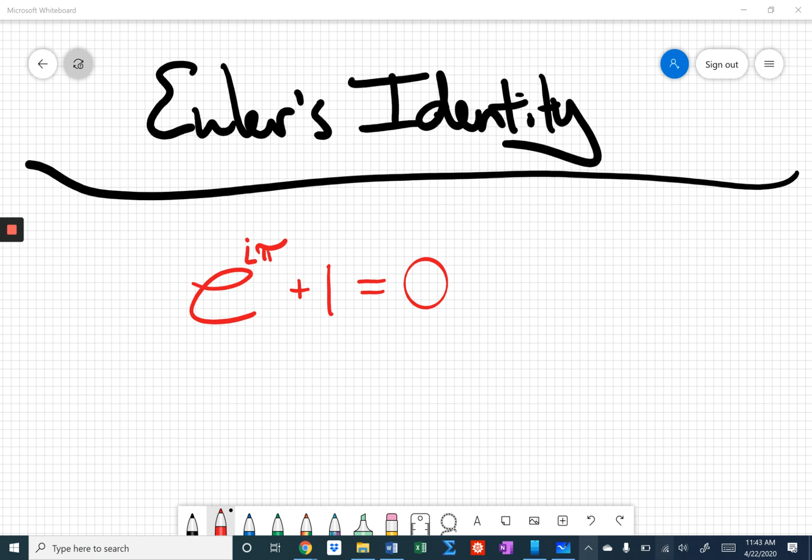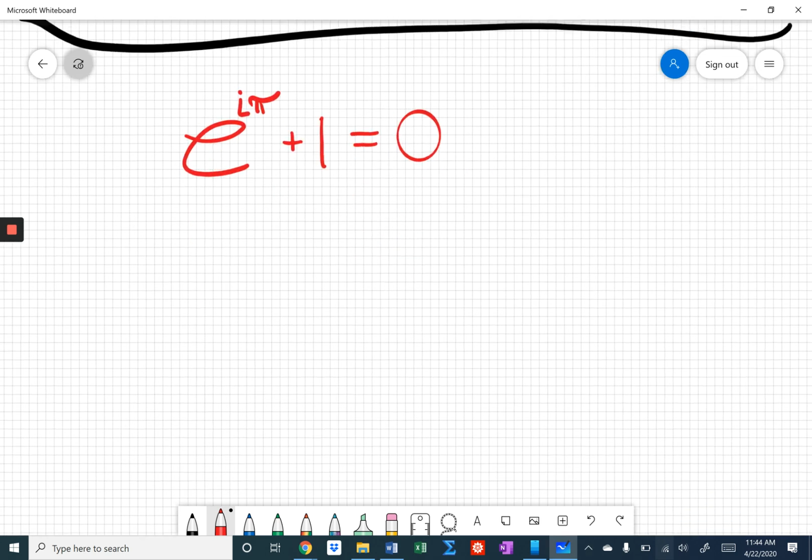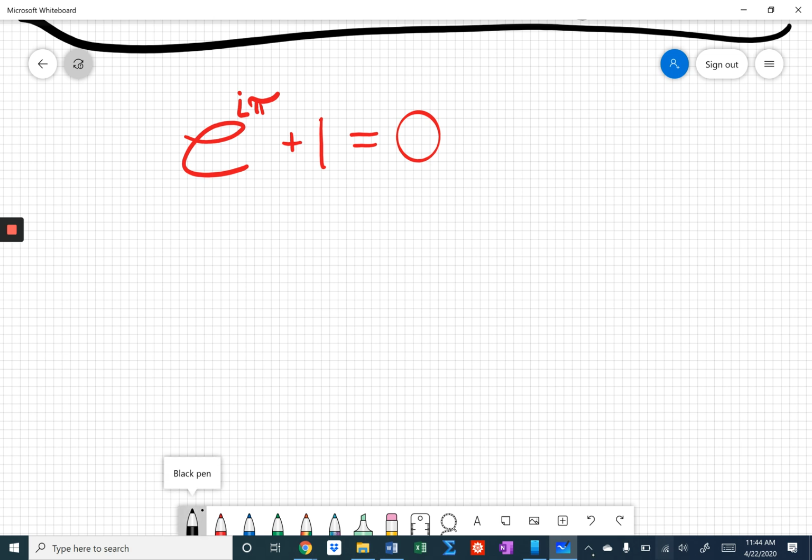But if you just look at this, you have the simple, standard numbers for our number system, 0 and 1. And then you have these transcendental numbers, e and pi, that come up, and the complex unit, i, all related in this very simple, easy to read equation. It's kind of a marvel that they are related to each other in this way. And so it gets elevated because of that relationship. But we want to understand where it comes from. So to understand where it comes from, we're going to